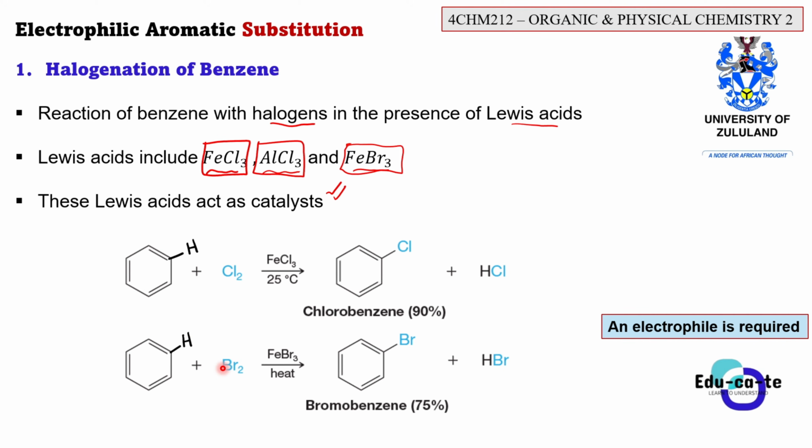So here we have 2 bromine atoms. This is Br2, ladies and gentlemen. So this hydrogen will be replaced by one of these bromine atoms. That's why we are seeing there's a bromo group here that is attached as a product. Then this hydrogen will be kicked out. It will react with the other Br that remains. Here it is, HBr.